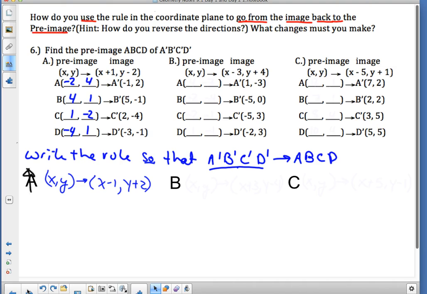All right? My rule that I use to go from, and really what I should have said, to go from my image to my pre-image is that. Okay? That's what I did when I wrote my rule. Okay? Now,